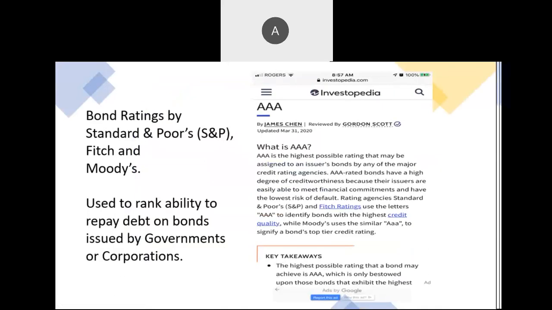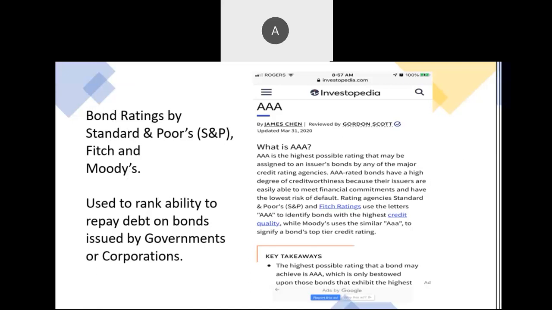After we leave stock markets, we come into one of the other major types of assets that exist on the face of the earth. Stocks represent ownership because if you own stock in a company, you own a piece of that company. Another type of asset class is bonds. And bonds represent debt that is owed by a company or a country. There are different companies that have bond ratings, bond rankings, such as Standard & Poor's, Fitch, and Moody's. Those are three main bond rating